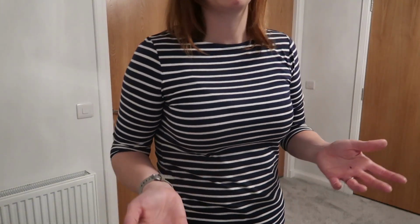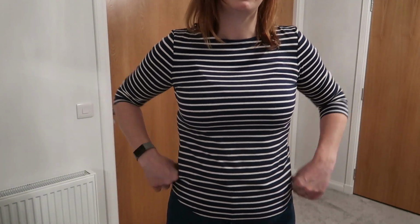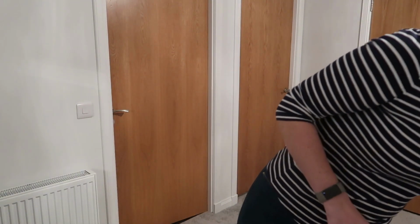I think there is something about how you can change the sizes, but I haven't actually looked at that policy yet, so I would need to do that. But it is a nice t-shirt, it really is. It's probably something that I would definitely pick up in the shops, but just not quite feeling the size on me. So the next item is definitely